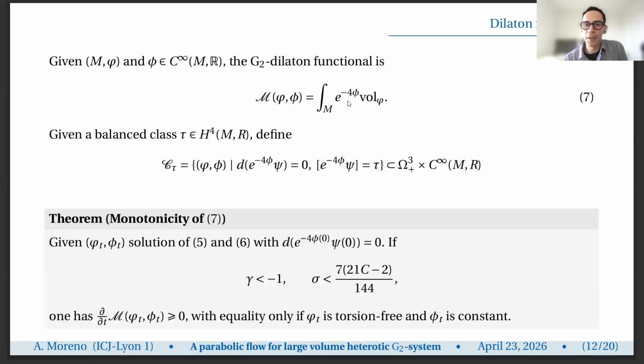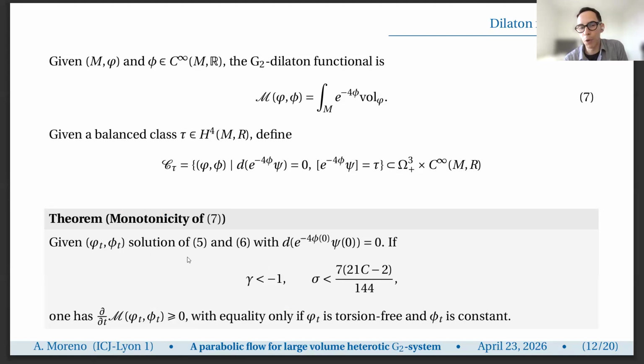If you study the first variation of this functional in the cohomology class of some four-form, which we call the balanced class,